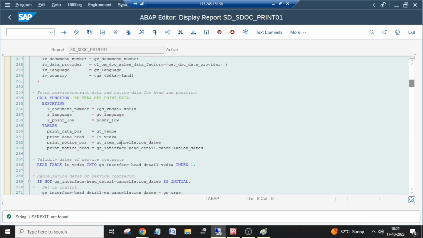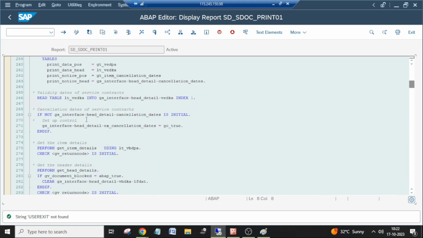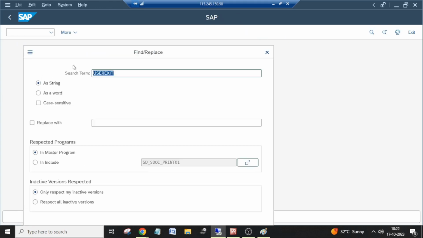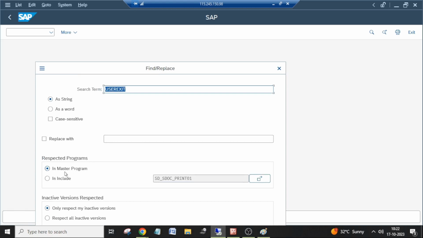Always, if you want to search inside the subprograms and includes, what is the option you have to select? Not this one, you need to use this one, and you need to select in master program. Okay,